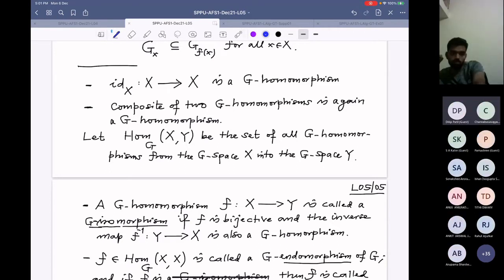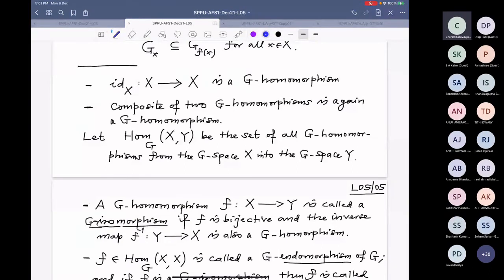Can somebody answer? Hello? So can you please repeat the question? My question is very simple. If I have a group homomorphism f from some group G to G prime, and suppose it is bijective, is it true that the inverse map f inverse is always a group homomorphism? Yes, it is. It needs a little checking, but it is true.